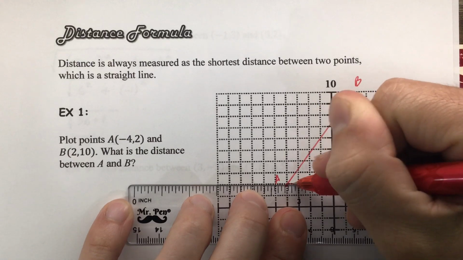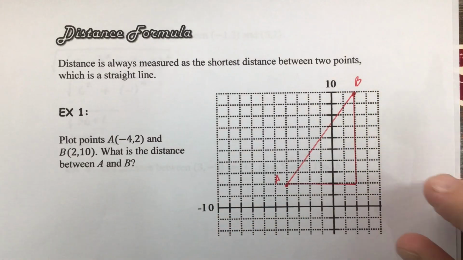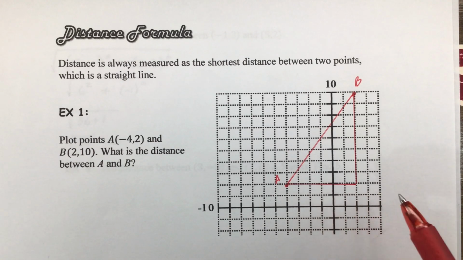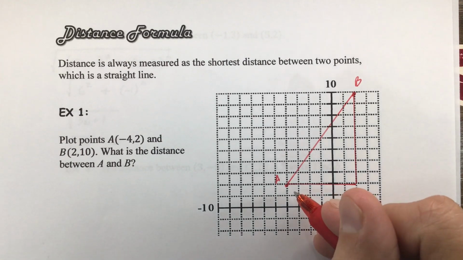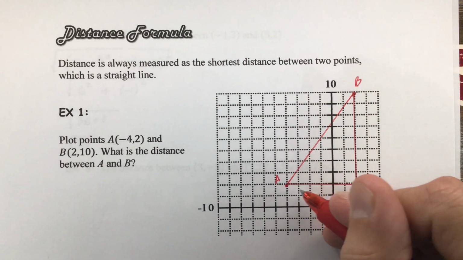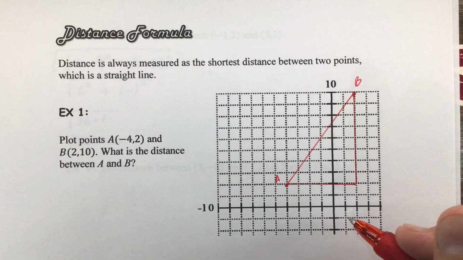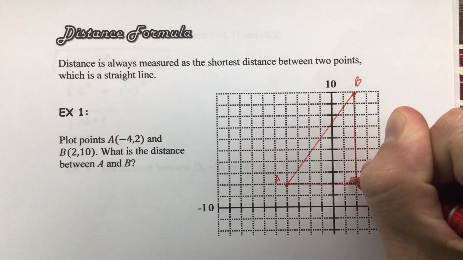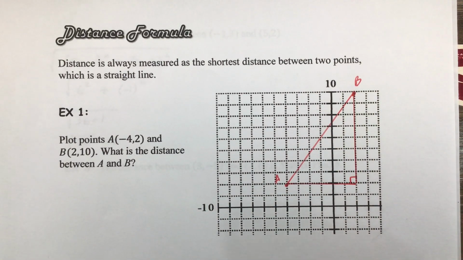And this is the horizontal distance between the 2 of them that I had counted as 6. And when you take a step back and look at this picture, you realize something. With the diagonal and with the vertical and horizontal components, that's what these are actually called, the horizontal and vertical components from A to B, we actually have a right triangle. And if there's one thing that you've learned about right triangles,